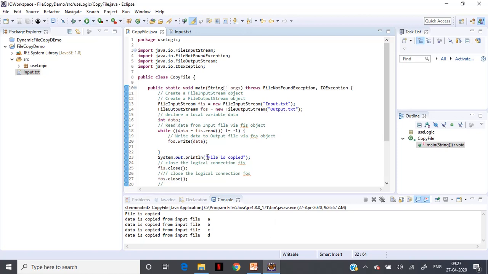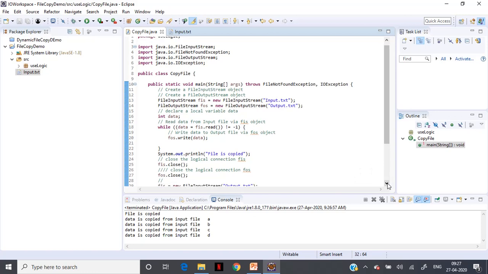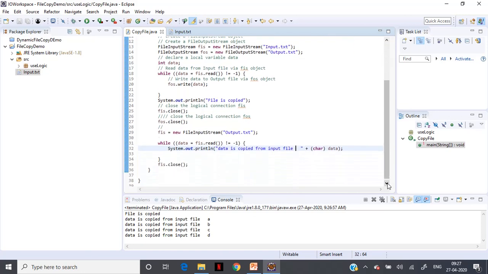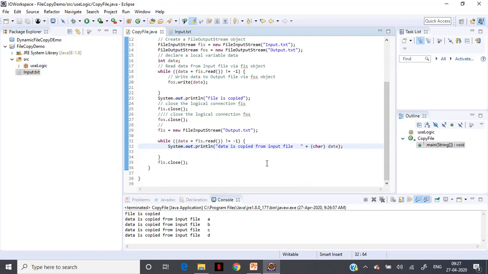That statement was there over here somewhere. Data is copied from the input file, which is A initially, then B next, then C afterwards, and then D. We are going to look at what all constructors are there by going through the tutorials, because everything is not possible to accommodate in the videos. Okay, thank you.